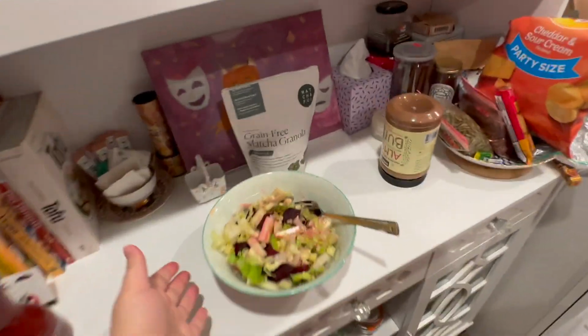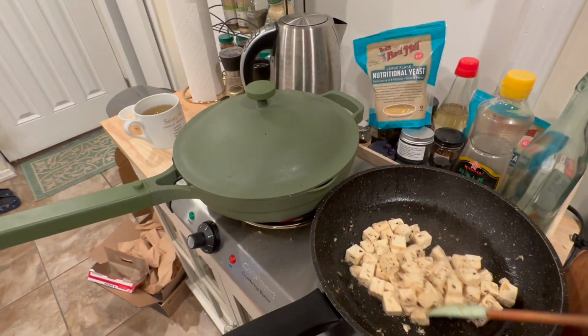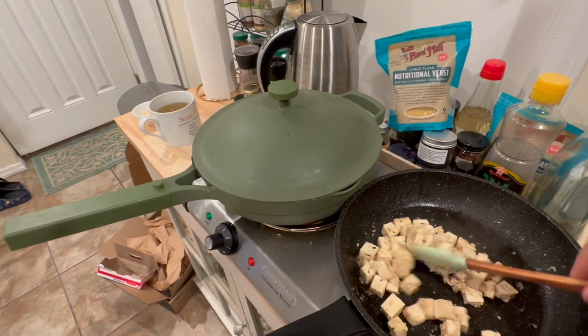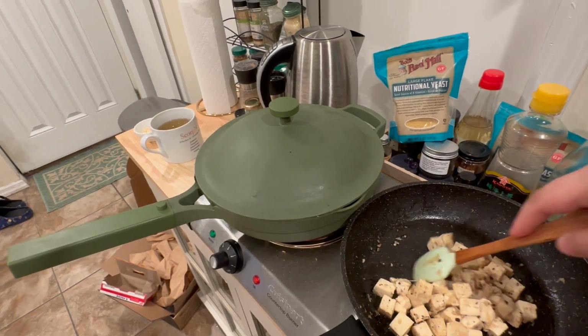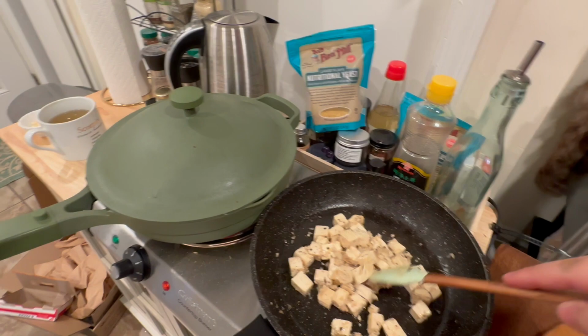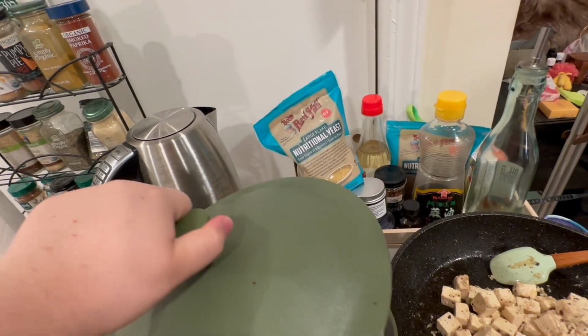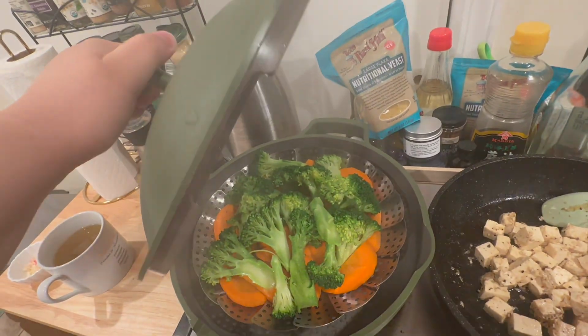Nutritious meal. So I've got the salad ready. It was really simple. I'm trying to, like, I have a thingy with blood sugar and stuff, and honestly, because it was my birthday and I've just been going through a rut, you guys. Also here I'm steaming some broccoli and carrots,